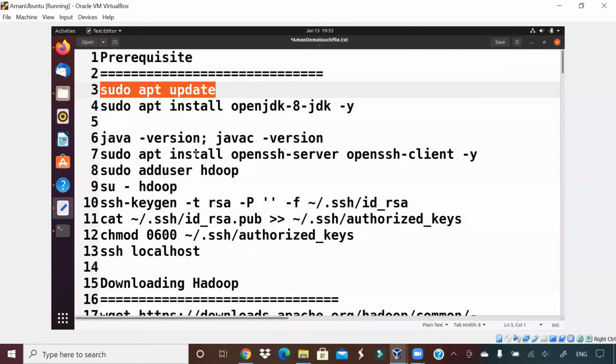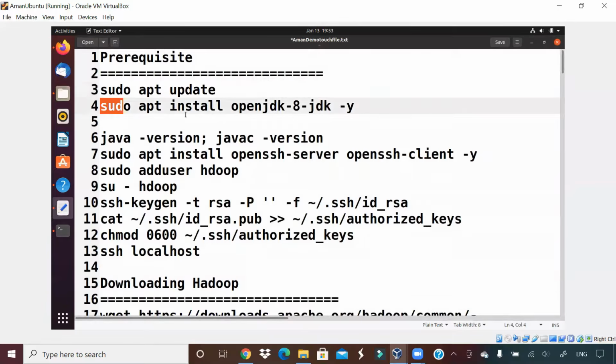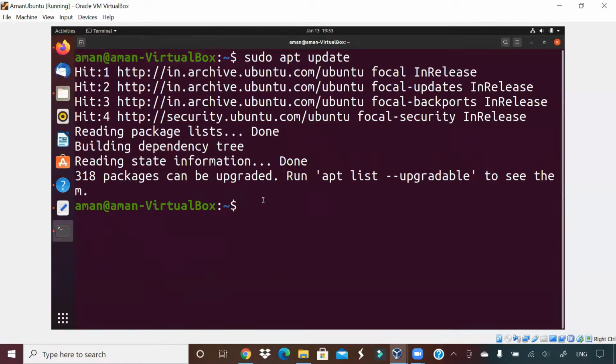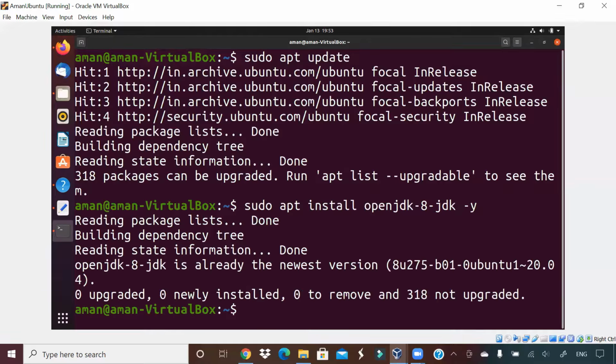Okay. What is my next command? sudo apt install openjdk-8. So what I'm doing here is I'm just showing you from zero how you install Java on your machine. Run this command and Java will get installed on your machine. On my machine, Java was already there. Hence it says 0 upgraded, 0 new installed. So Java was already there. I'll give you this command. If Java is not there, you can install it.